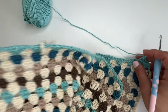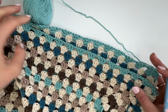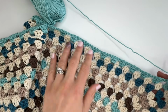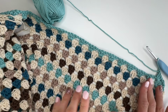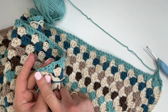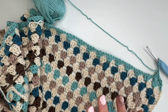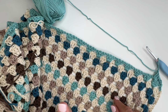So then all we need to do is carry on repeating that row back and forth, and your side will get smaller and smaller and smaller up until the point where you have 4 granny clusters. So you'll have 2 at this end and 2 at this end, and then you'll have a double crochet at this end, a double crochet at this end, and a double crochet in the middle. So the pattern explains this as well, that we need 4 granny clusters and then 3 double crochet, and then